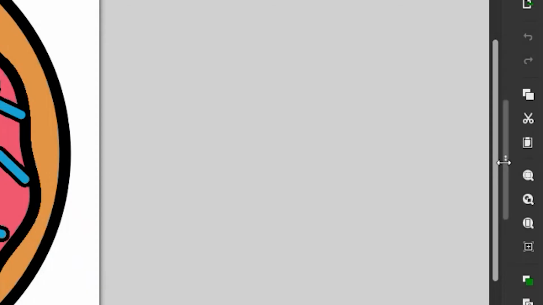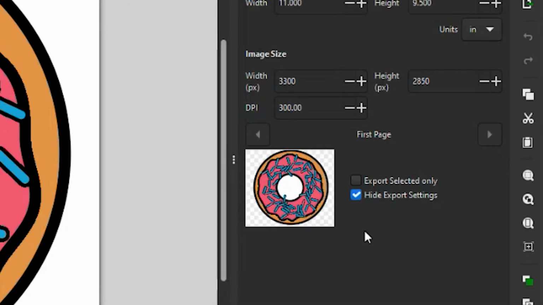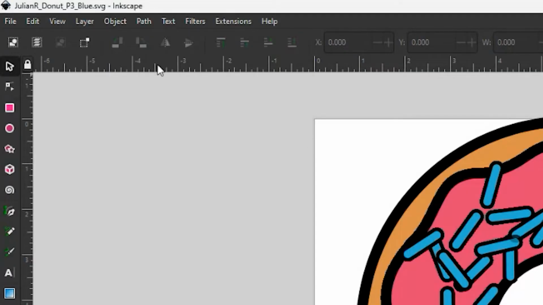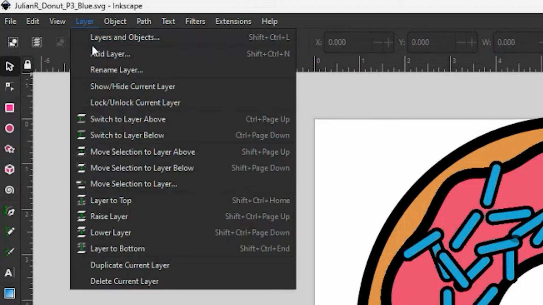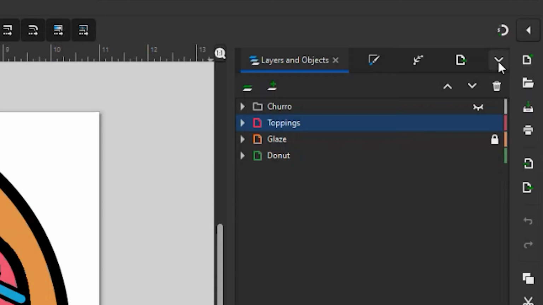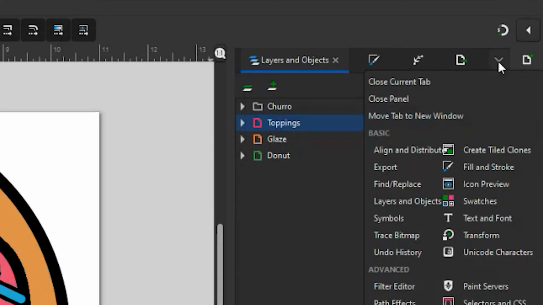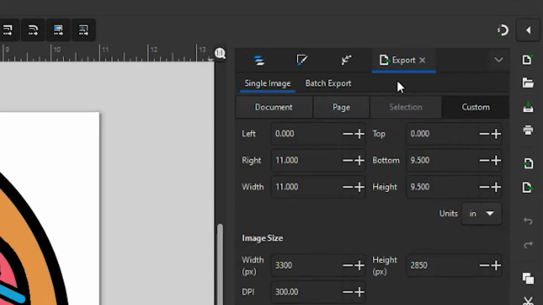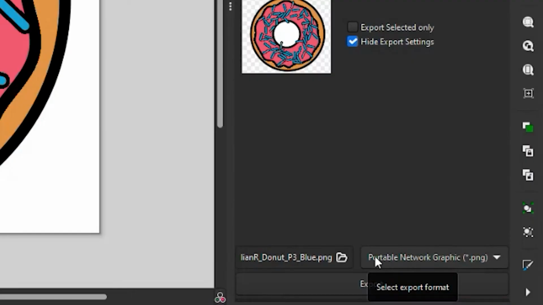I will go over here on the right hand side where the three dots are to open up my layers panel. If you don't have the three dots on the right hand side, go here to the top left where it says layer, click on layers and objects, and that layers panel should open up. Then on the top right, you're going to click on this drop down menu, the arrow that's pointing down, and let's click on export. You're going to get this tab that opens up, and at the bottom of that window,